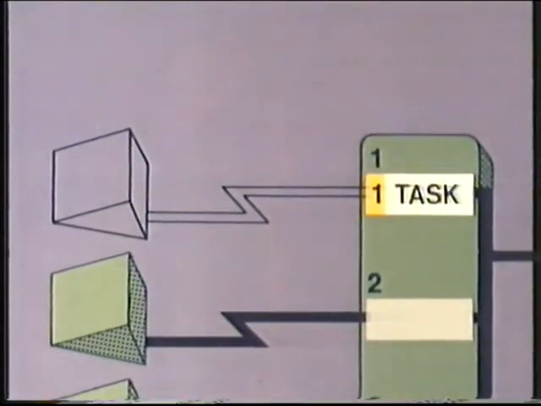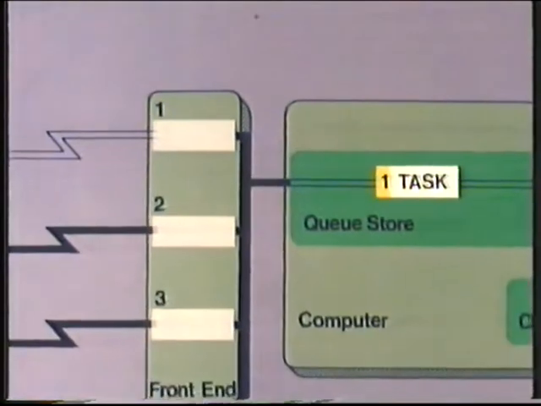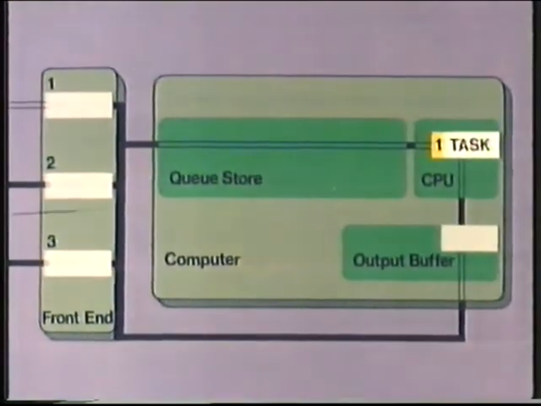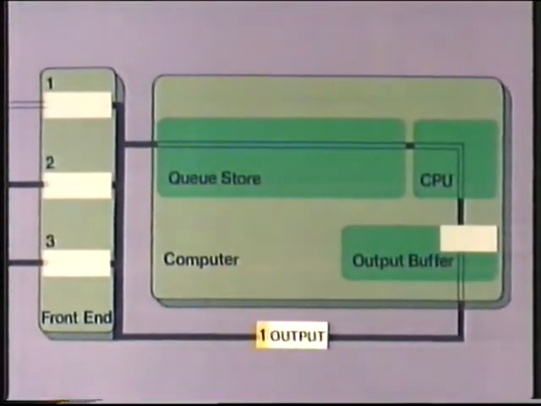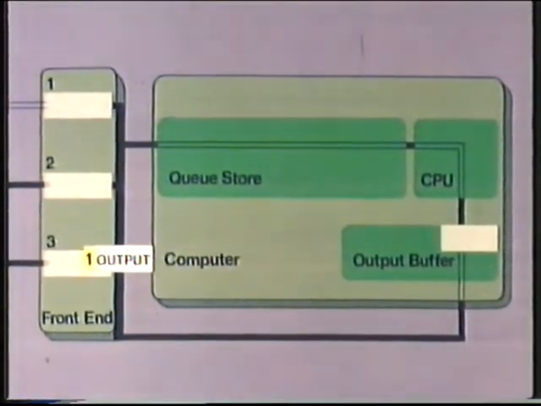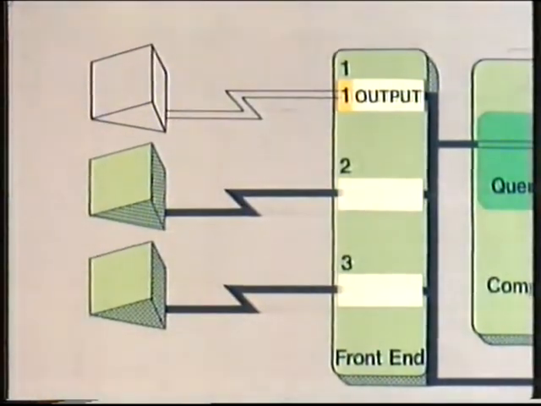It's identified with the terminal and sent to the computer. There's a store for any waiting tasks, and the processing is done in the central processing unit. The output is stored in a special store, and when the processing is over, any output is delivered to the correct terminal. The output message, in this case, is an option demand, and as soon as it's delivered, the terminal switches back